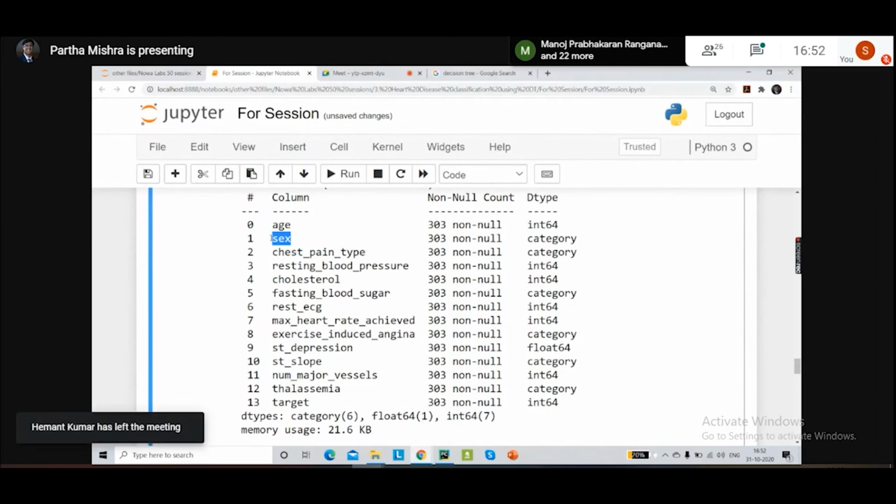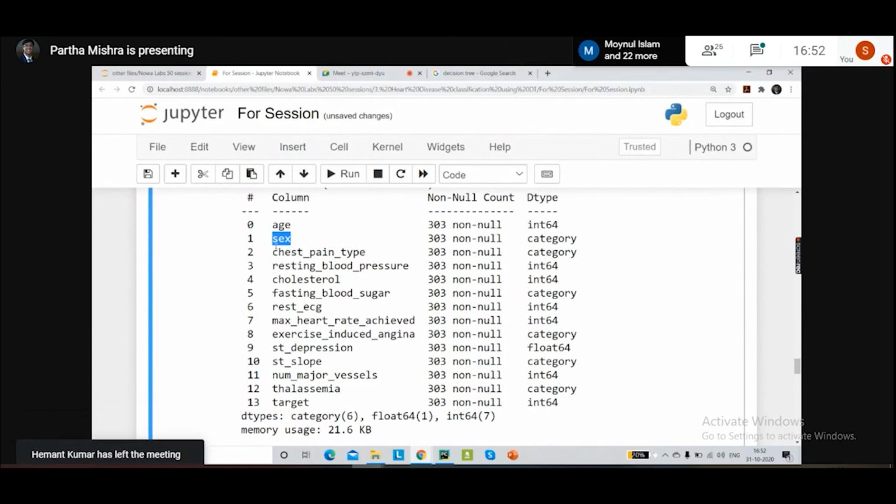So as to not confuse the model, what we do is we drop the first column. So in case of gender, out of male and female, we are going to drop the first column and the second column will remain, and that will be more than sufficient for the model to give us accurate outputs.